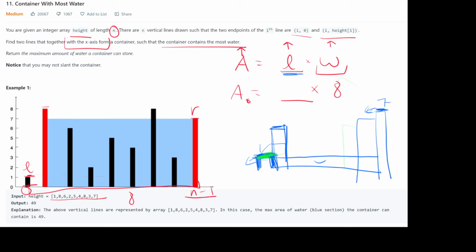So you want to change the limiting factor as frequently as possible, right? You only want to update the limiting factor. So the first area is going to be the minimum between index 0 and index n-1, which is 1. Which means your area is going to be 8, and then you're going to increment